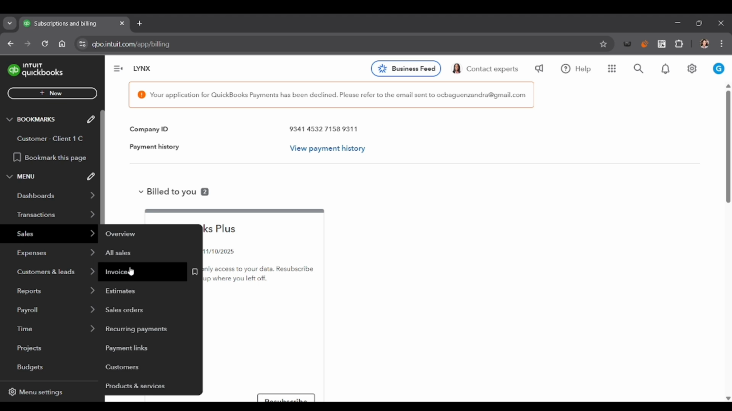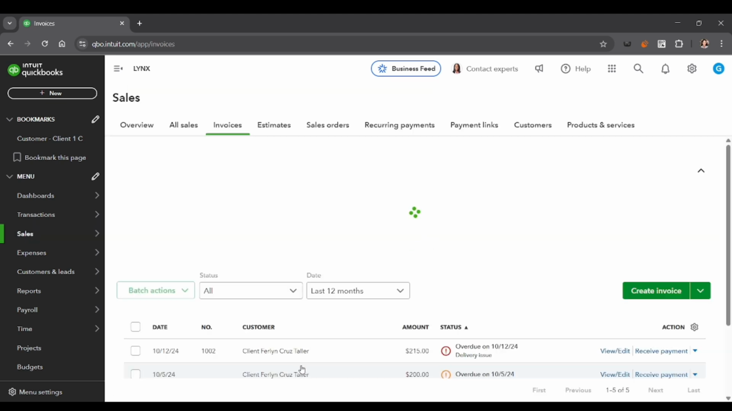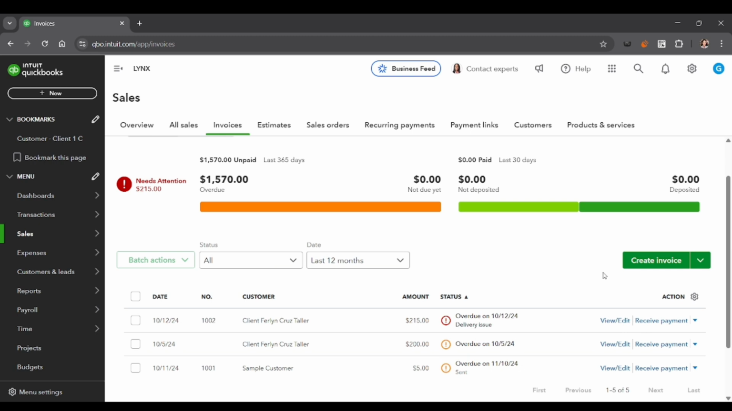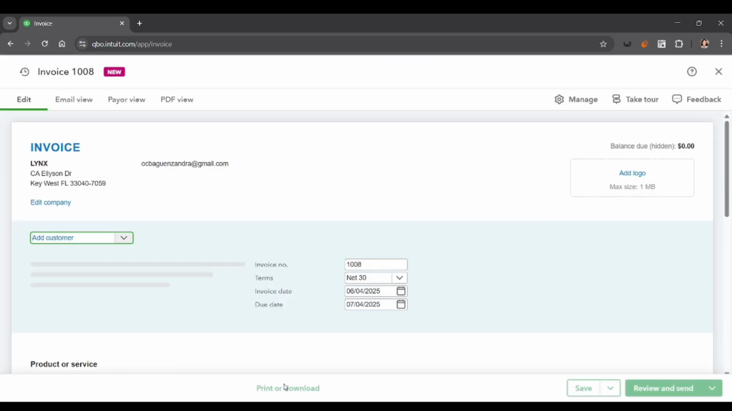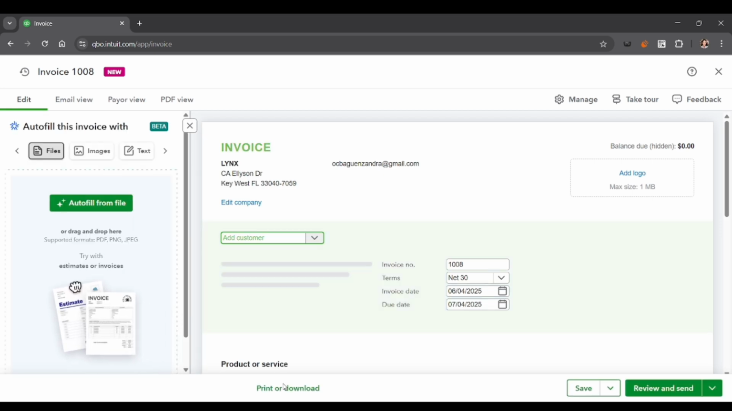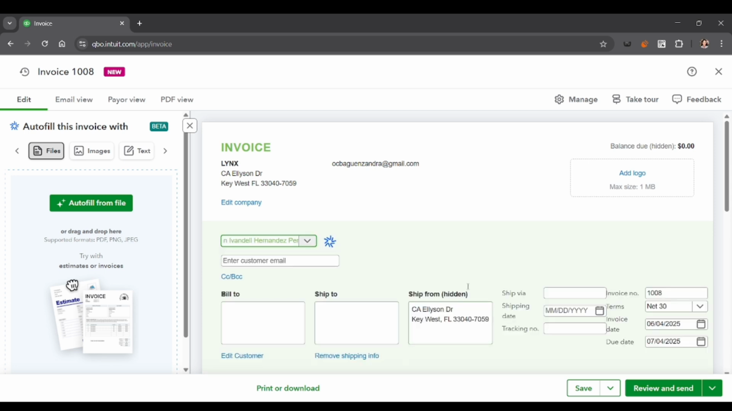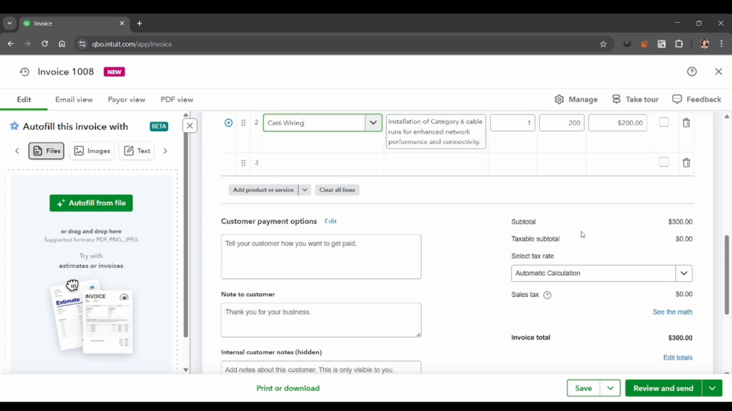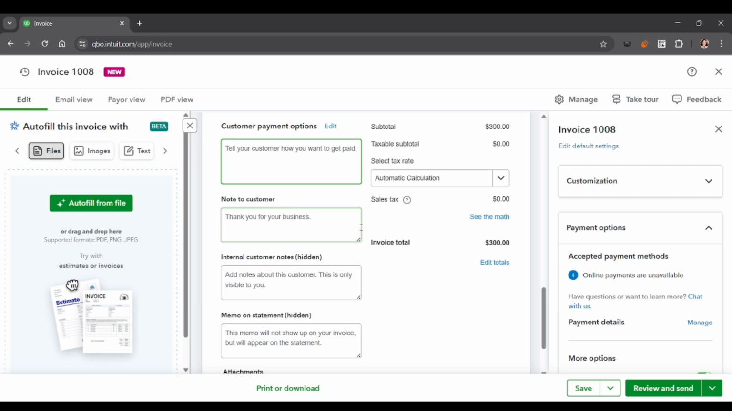And then from the left menu, click Sales and then go to Invoices. So in here, click the New Invoice or Create Invoice button. And in here, you'll need to fill out the details, like choose your customer, then set the invoice date and due date, and then add products or services, and then enter the quantity, rate, and tax if applicable. So to customize the look, you can click Customize at the bottom and choose a